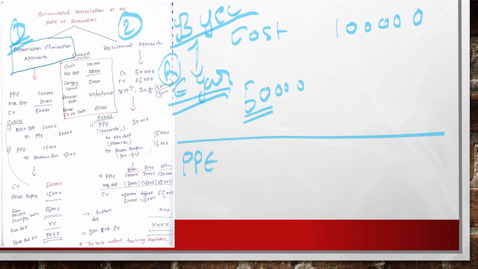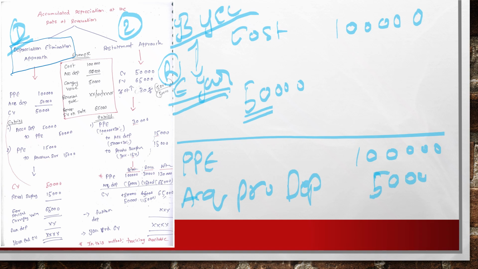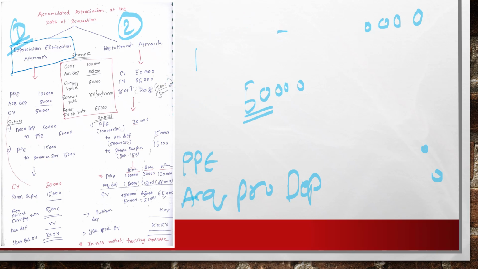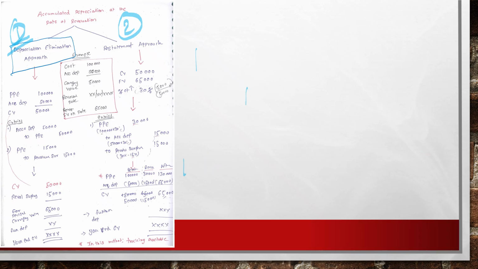PPE 1 lakh and also accumulated provision for depreciation 50,000. So this is how you valued in your books in the initial stage, until the year of provision for depreciation. This is the situation you might have used. In those situations,